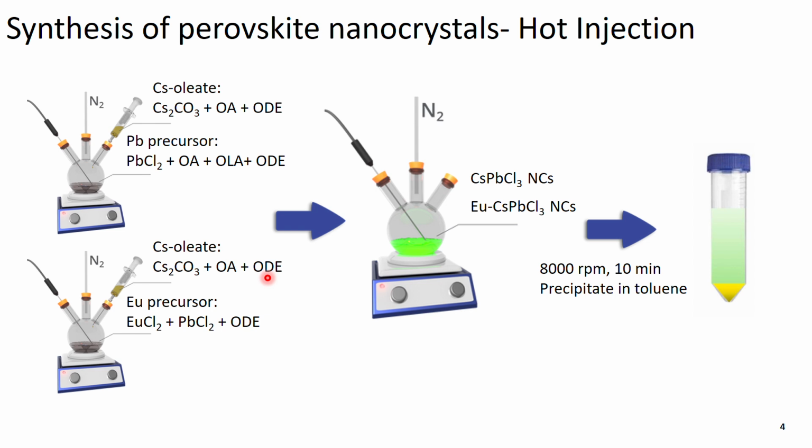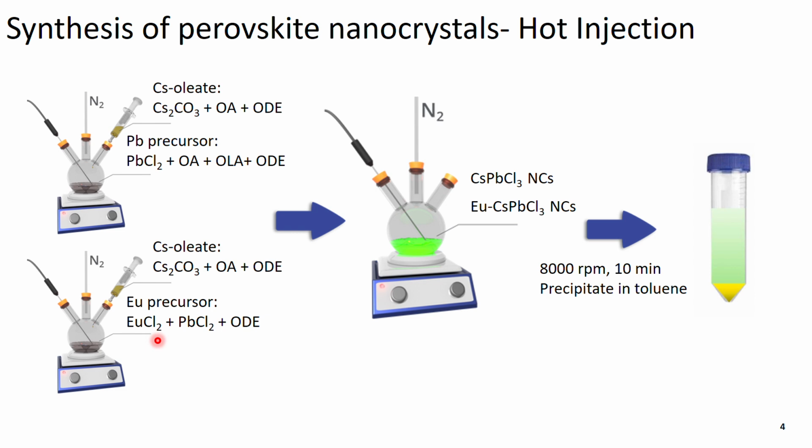And we synthesize our perovskite nanocrystal by hot injection. Both undoped and doped perovskite nanocrystals are synthesized through a similar method. We first prepare cesium oleate as the cesium source. Then for the Pb precursor we use lead dichloride. And we need to dope the europium, so we make the europium precursor this way. We adopt europium dichloride